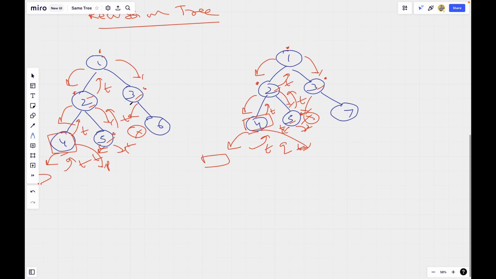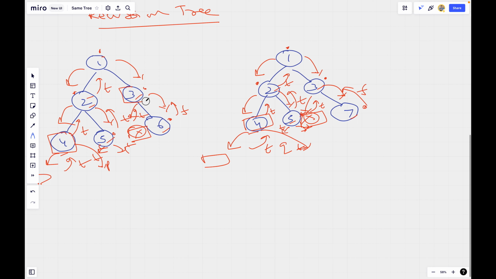Now, after following the traversal in both of the trees in similar fashion, we reach to a certain point where both P and Q became null. Hence, we return true from here. Now 3 gets to know that its left subtrees are same, hence it will move rightwards. Now the control falls back to 6 here and 7 here. Now P and Q's values are not same, hence it will return false from here.